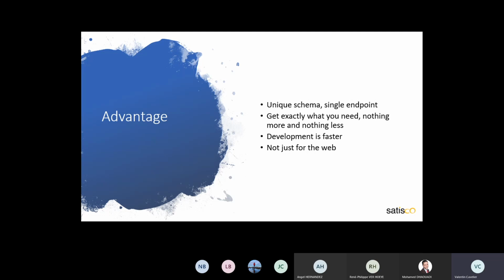In a REST method, for example, you can receive 100 records, but you need only 3 pieces of information on each record, for example, the name and the last name of a hero. But in REST you can receive name, hero, last name, the age, etc. So for me it's an advantage, but you also send more data to the server, so it could be an inconvenience.